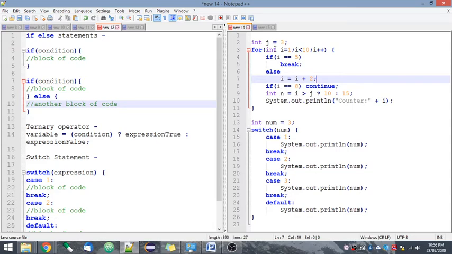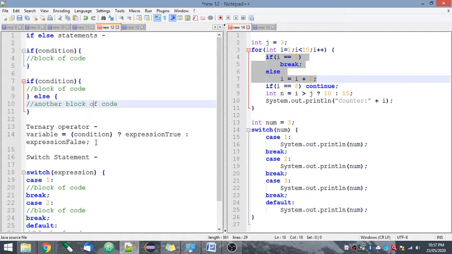As you can see, I have provided examples here. In this for loop, I have added an if-else statement. The if test condition is if i is equal to 5. Whenever i is equal to 5, I want to break from the loop. Else, if i is not equal to 5, in all other cases, I want i to be incremented by 2, so I will write i equals i plus 2. Depending on the condition, the statements will be executed. So this is the if-else statement.